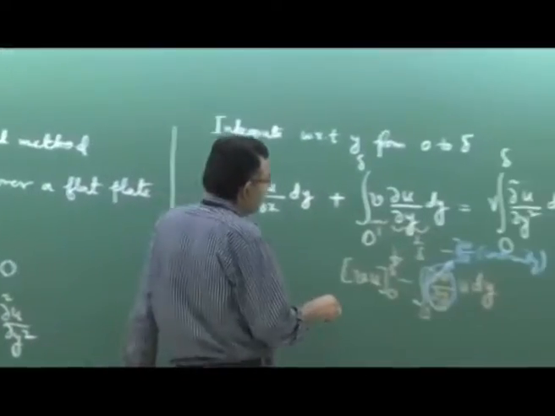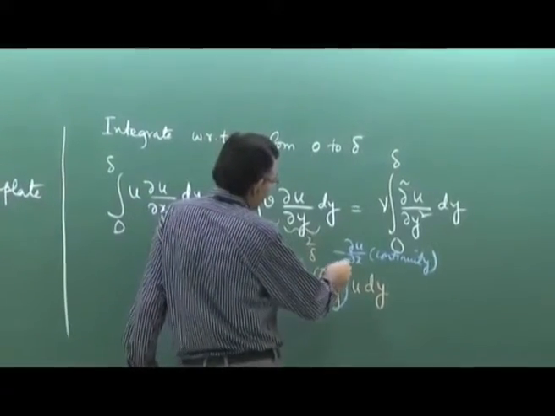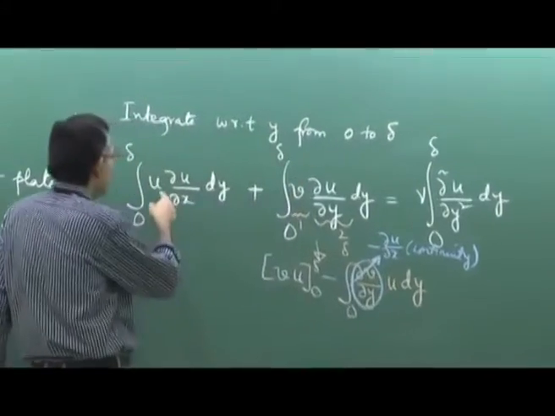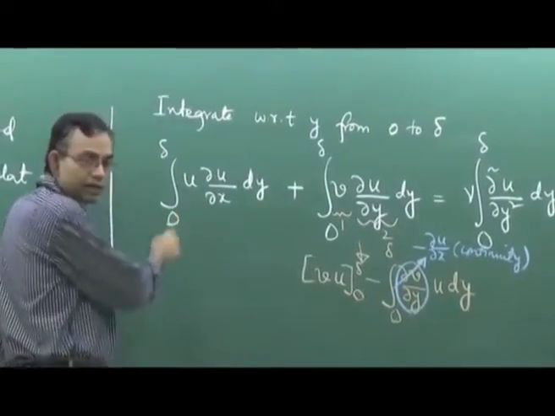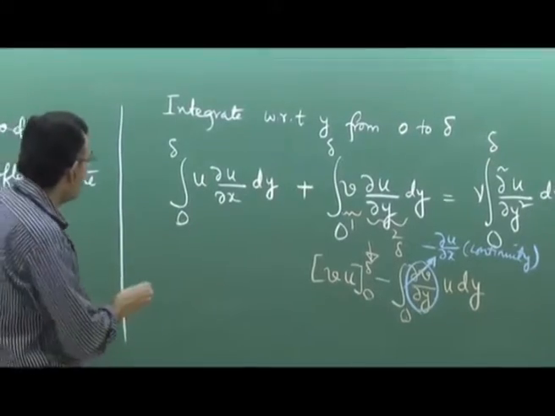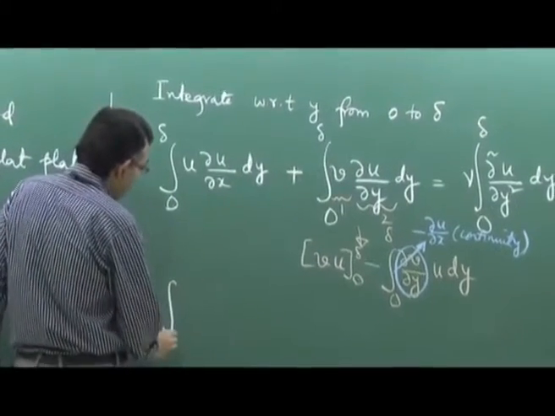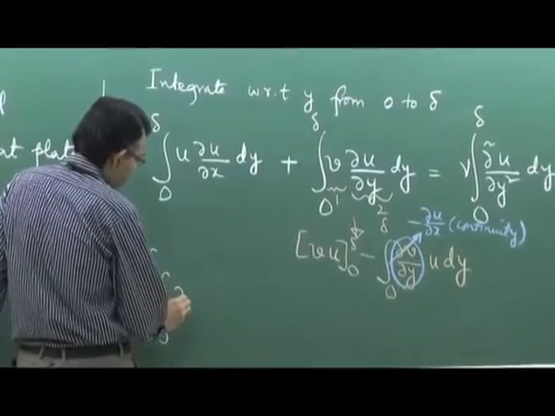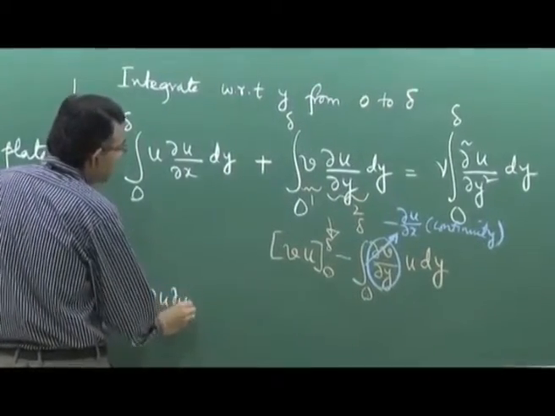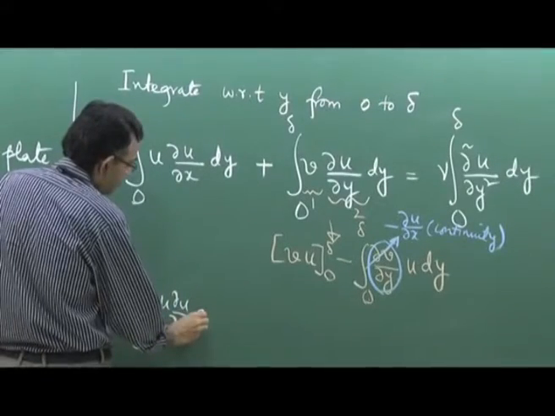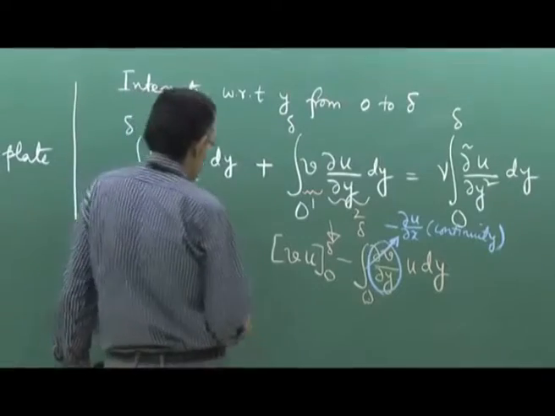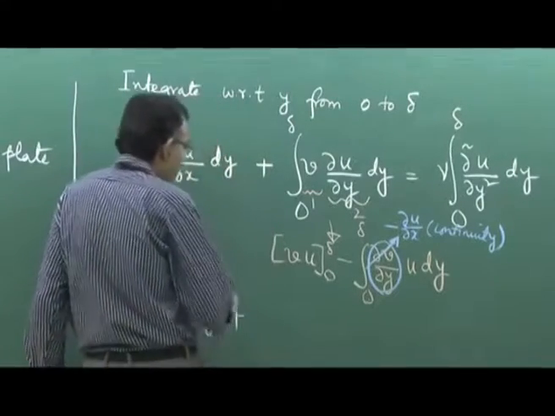So this term becomes plus u del u del x, then there is another term plus u del u del x. So basically you come up with integral 0 to delta 2 u del u del x plus